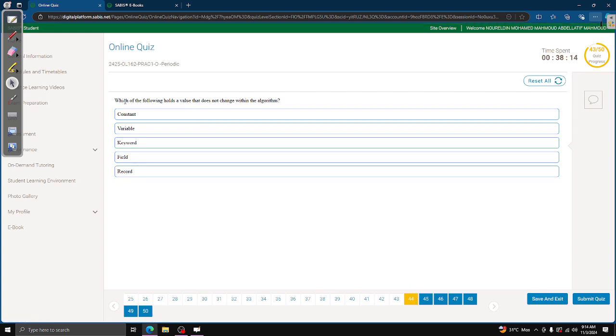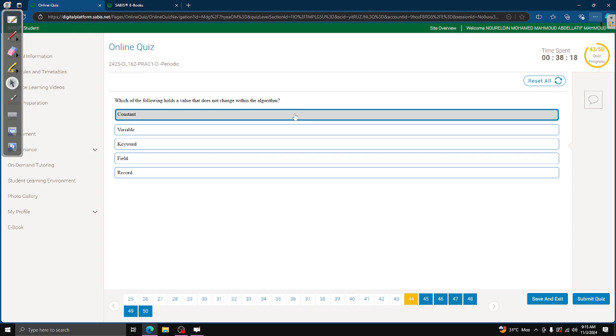Which of the following holds a value that does not change within the algorithm? This is a constant. As implied from the name, the value of the variable remains constant. Think of this as a mathematical constant. Like, let's say pi. Pi is always 3.14159, and it will never change. There's also many different constants to use as examples, but just